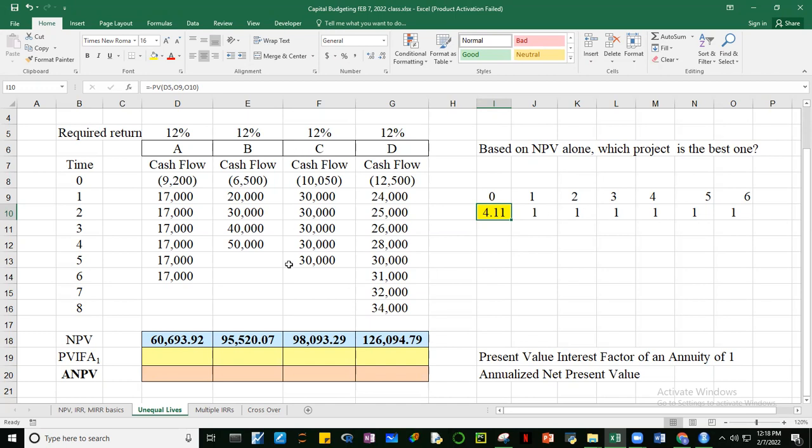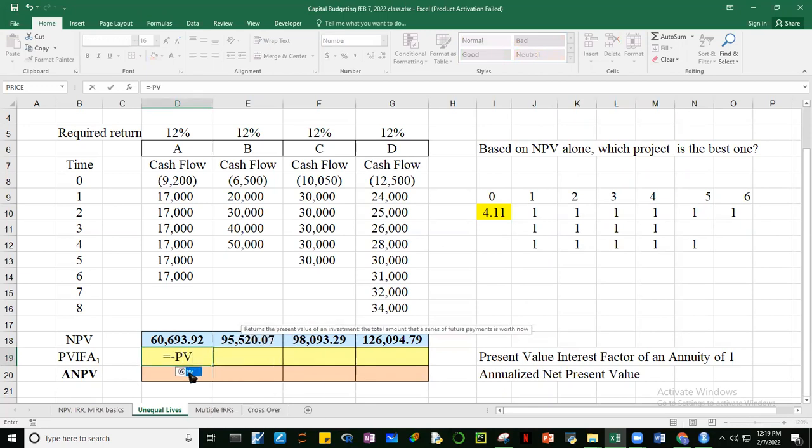Okay, so kay B, gagawin din natin yon. Pero kay B, 4 years lang. No? So parang ganito. Diba? Tapos kay C, 5 years. Kay C. Tapos kay D, yun, 8 years lahat. Okay? So let's compute for the present value of 1. So this is equal to, yung ginawa natin kanina, negative PV. Alright? Then the rate is 12%. Okay, comma. Yung NPER natin, ilan? Okay, ilan yung periods natin kay A?